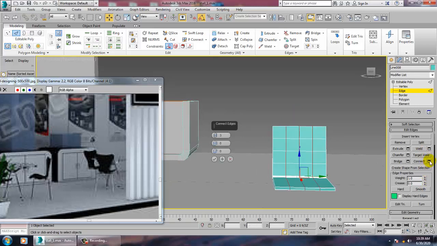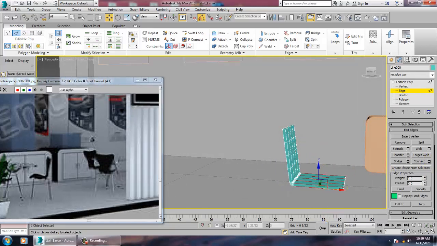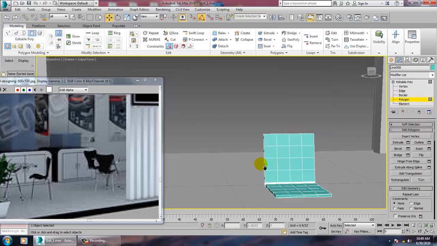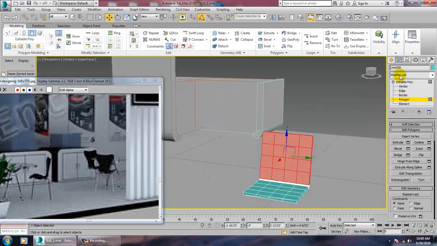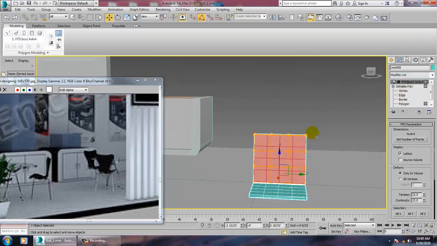Select the edges, give connect. So select these polygons and go into this and give FFD box, that is freeform deformer box over here.